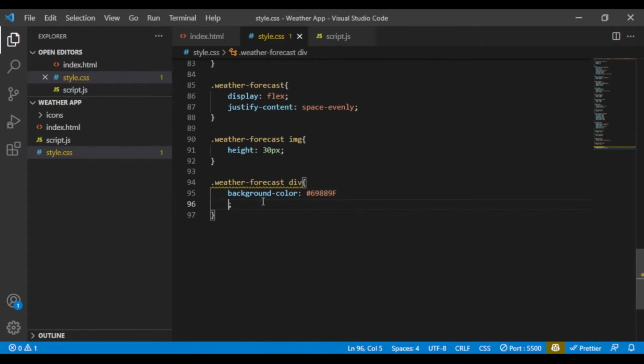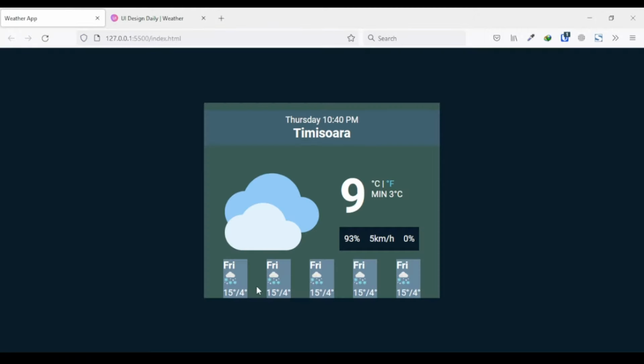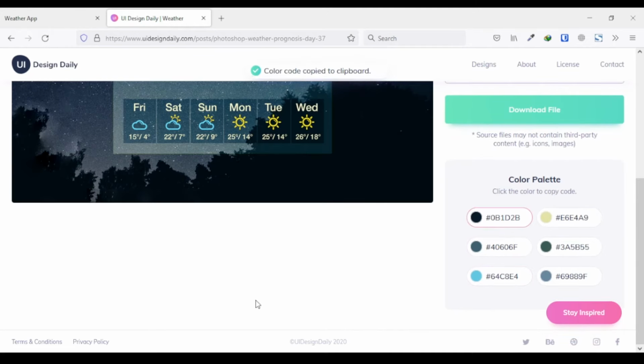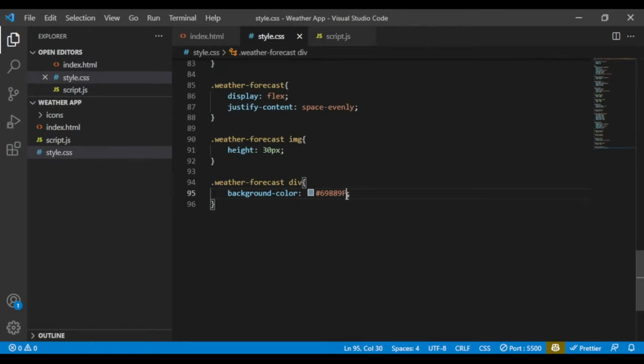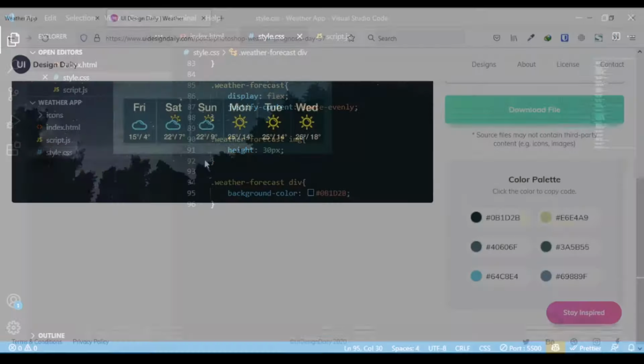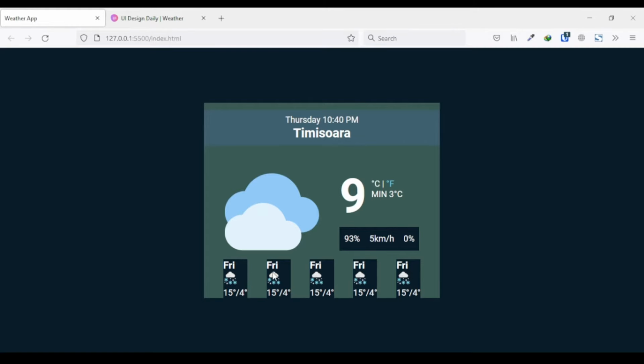Background color should be this. Or maybe, yeah, this color. Okay, so